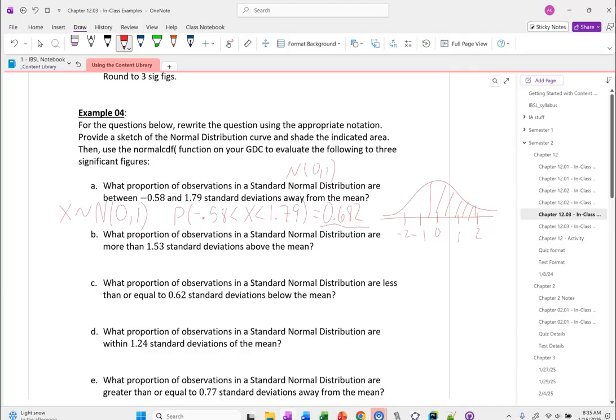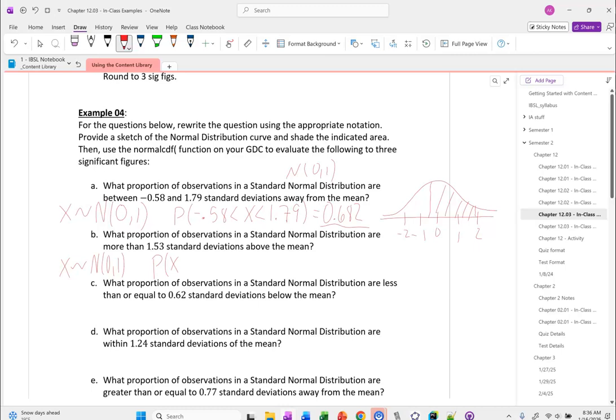So the 0 and 1, yeah. Well, how did you know that? Because it's a standard distribution. Great. And then since it's more than 1.52, yes, you can't do less than. Let's just write it the way that it states it first, then we can adjust if we need to, okay? So,